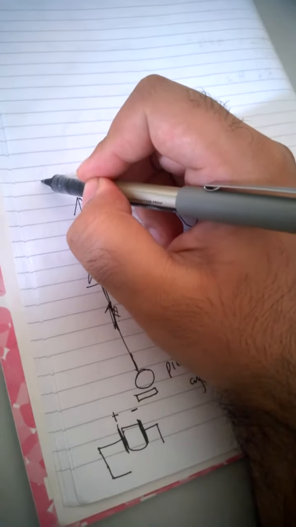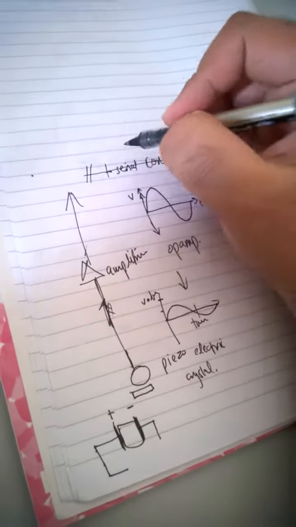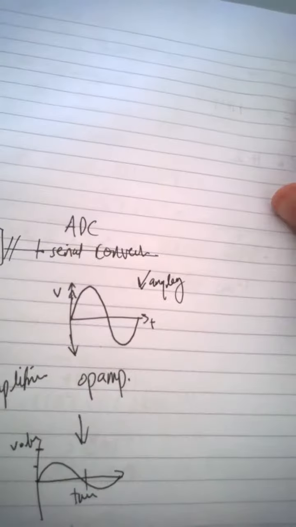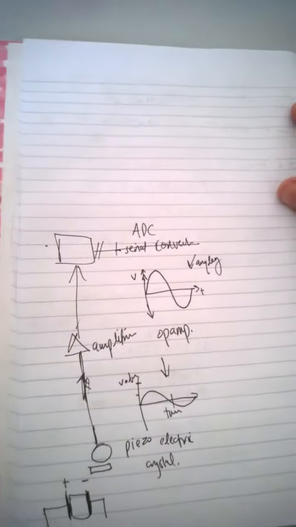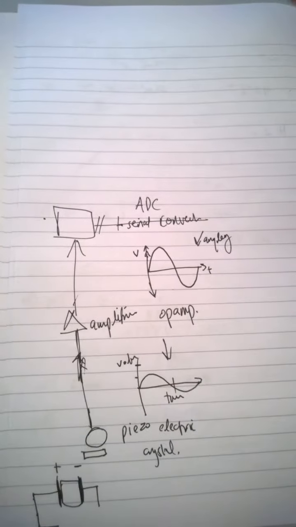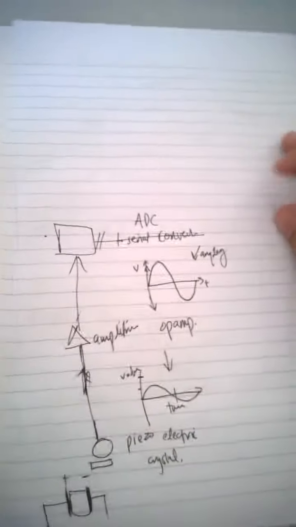That's just a box. Wait a minute. We come to the ADC. Okay, what do we do in the ADC? We have this analog waveform. This is analog. So in ADC, what it's going to do is it's going to sample this analog signal into a digital signal. So what it's going to do is